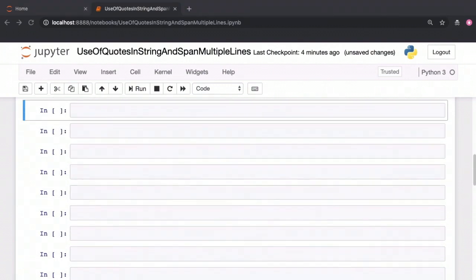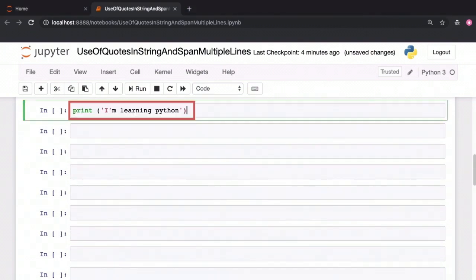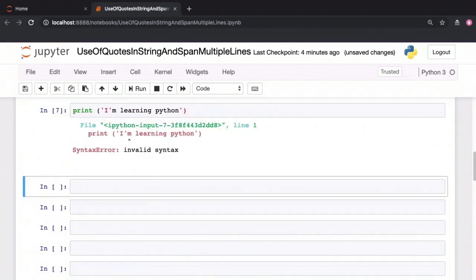Now, why does it matter that Python accepts strings using both single as well as double quotes? Let's see an example where the quotes actually matter. Let's say that your string itself included a single quote, such as the word I am here in this example. After the I, we have a quote, and Python, because we've enclosed the entire string in single quotes, assumes that the second quote after I closes the string. So when you execute this bit of code, Python will tell you the syntax is invalid because it doesn't understand what the rest of the characters after the I represent.